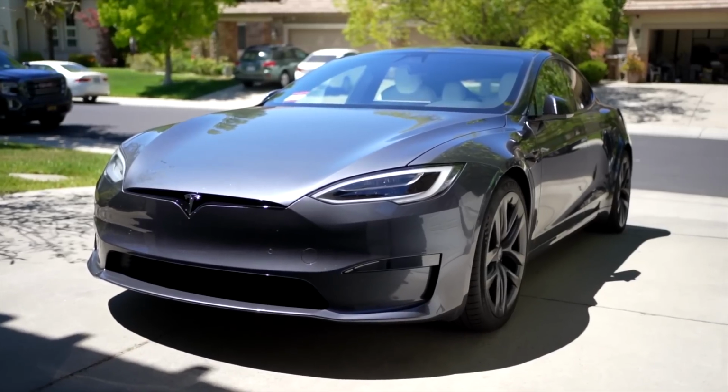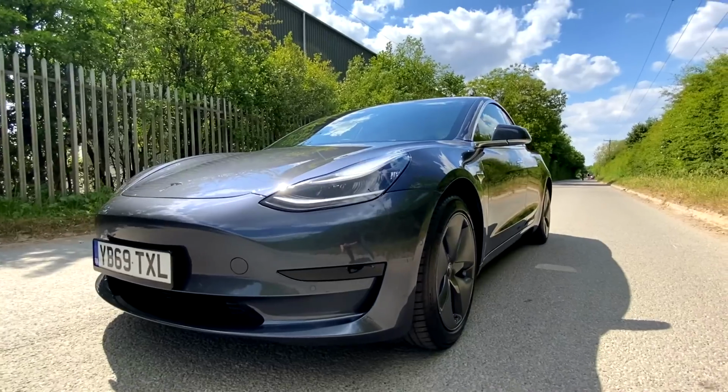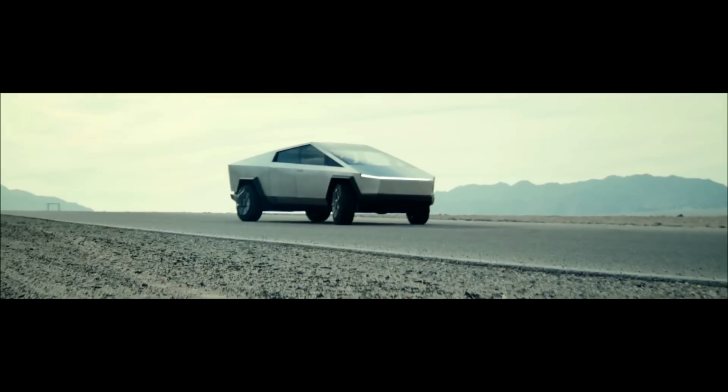Tesla have just released their new Model S Plaid version. This car is simultaneously the quickest production car ever, and apparently the safest car ever, which is a pretty incredible combination. Now, as someone who has owned a Tesla Model 3 standard range and then traded that in for a Tesla Model 3 long range, and also has a Tesla Cybertruck on pre-order, would I be interested in purchasing a